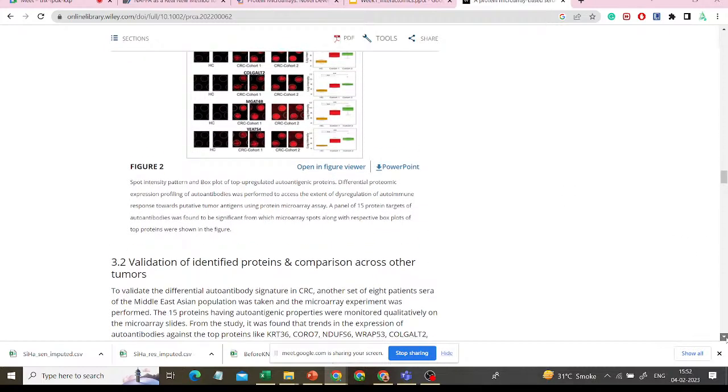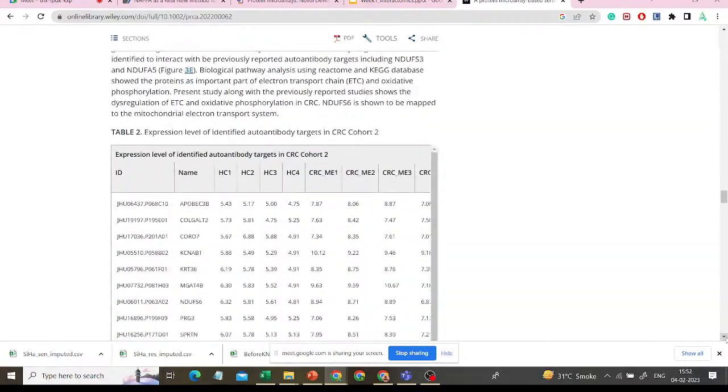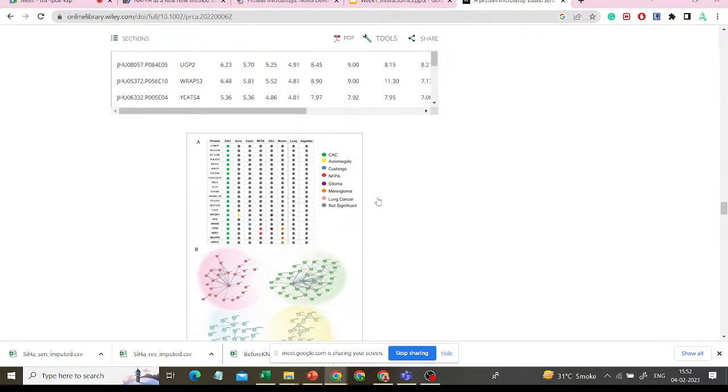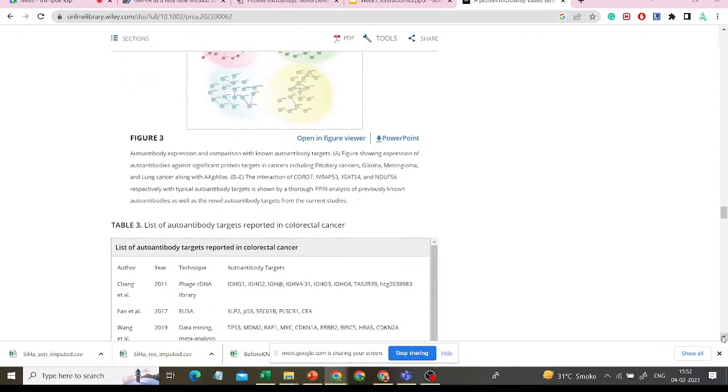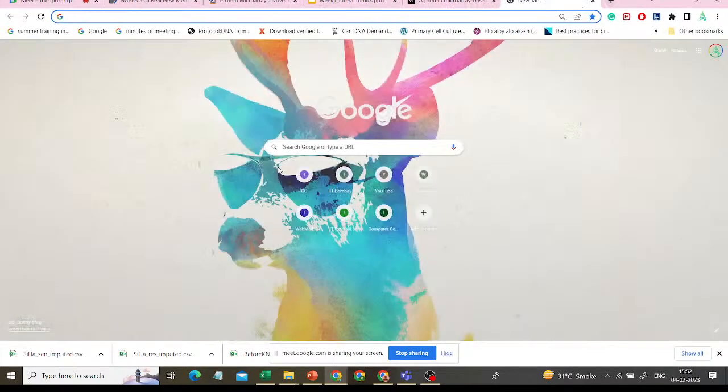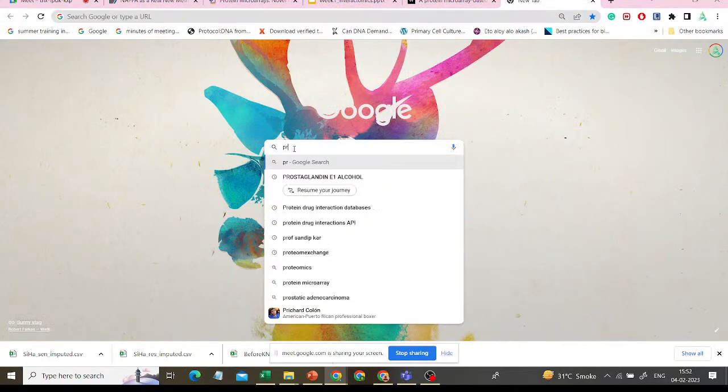What are those different protein levels? Here you can get a glimpse of those particular proteins against which the antibodies are generated, and their interactions or the interacting network, whatever their role. So you can get both diagnostic and prognostic information. And also